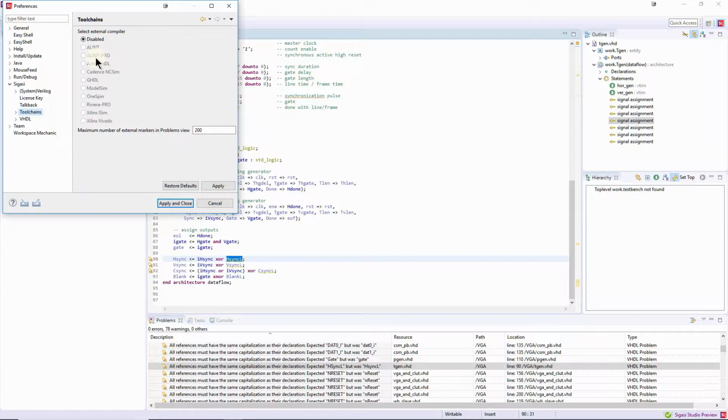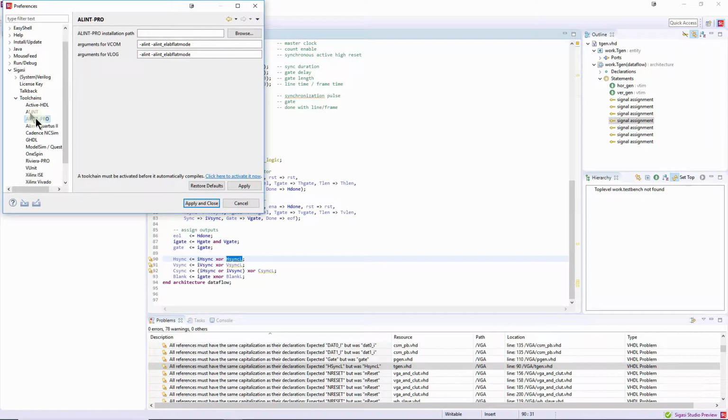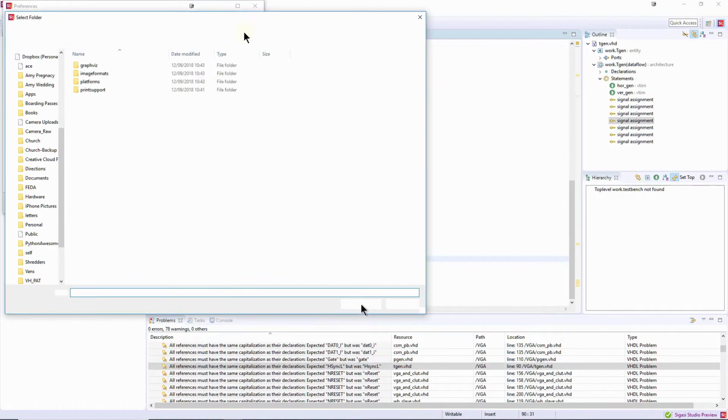It is currently greyed out because we haven't configured the tool, so the next thing to do is to configure it. So if we expand out the tool chain, select ALINT-PRO, you'll see there are a set of default arguments. Leave these alone. We don't need to change those, but what we do need is to set the path to the ALINT-PRO executable. So we'll press the browse button, and